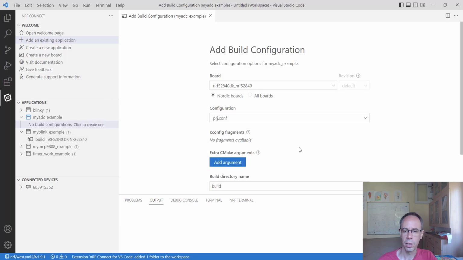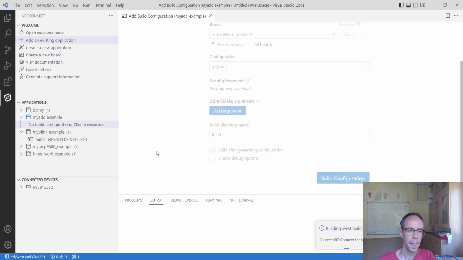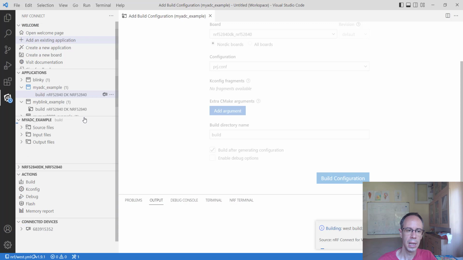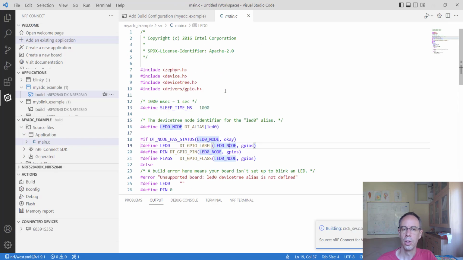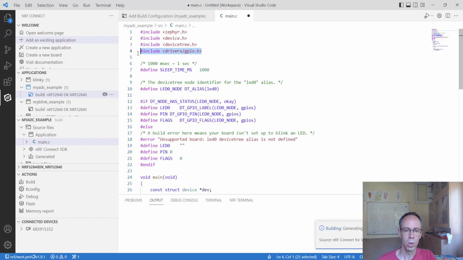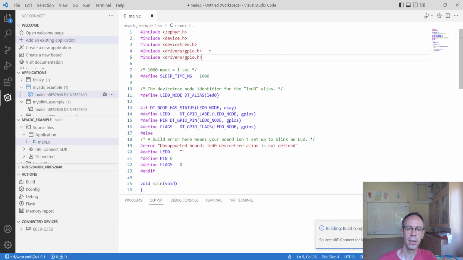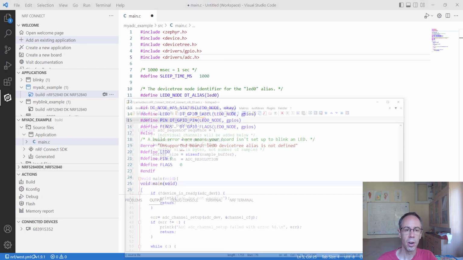Make a build configuration. And afterwards open the application. The first thing we have to do is of course adding here the ADC library, yeah? So that we're having the function for the ADC. And how we program it now,